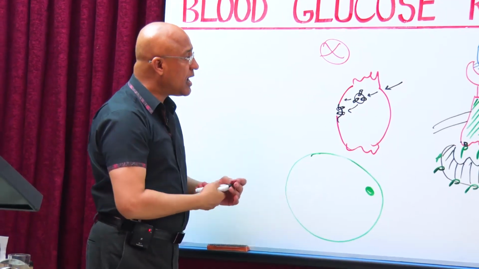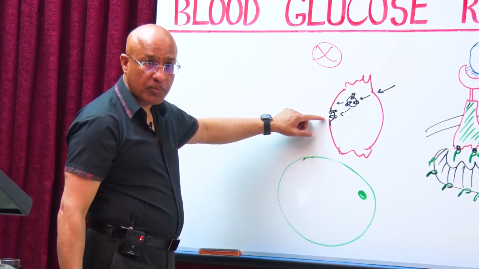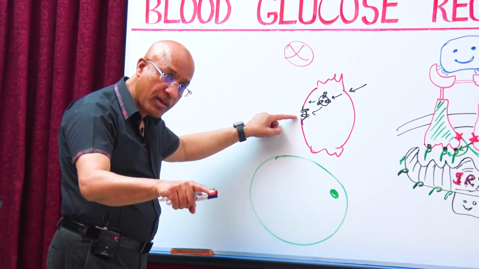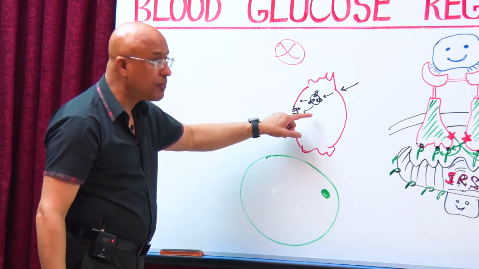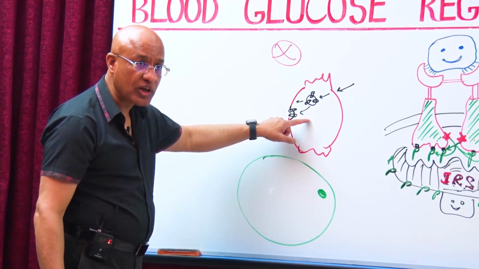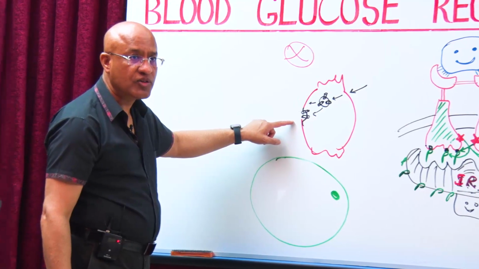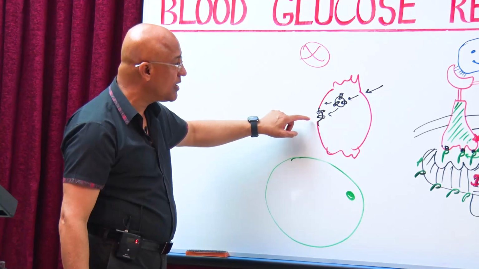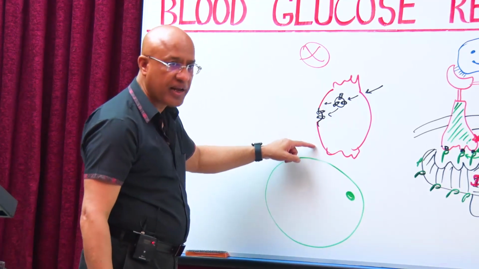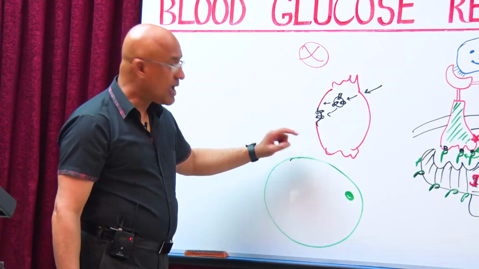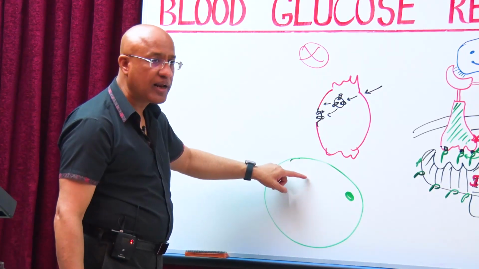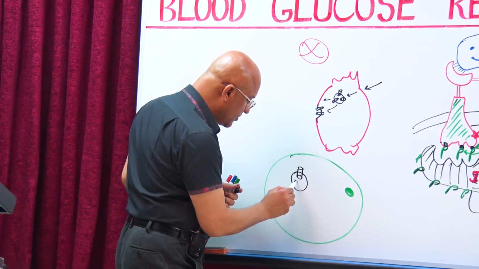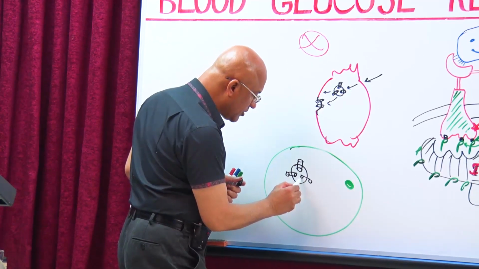So GLUT4 are normally not present on the target tissue. But if insulin is present, only then from the intracellular location will GLUT4 insert themselves into the cell membrane. So the presence of these GLUT4 in the cell membrane is insulin dependent, and these insulin dependent GLUT4 are also present in adipocytes.